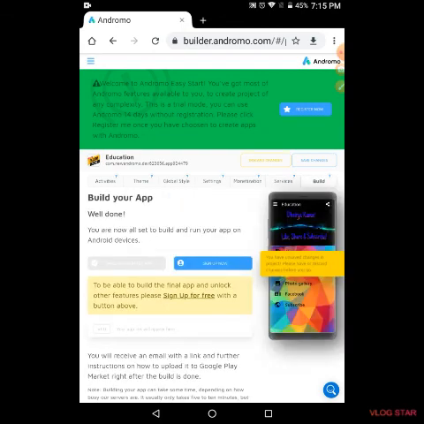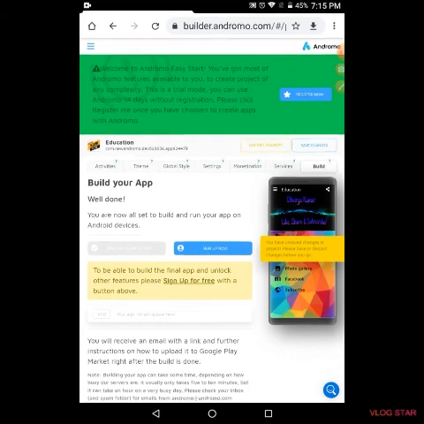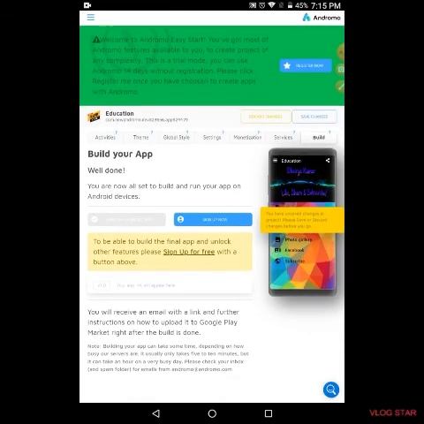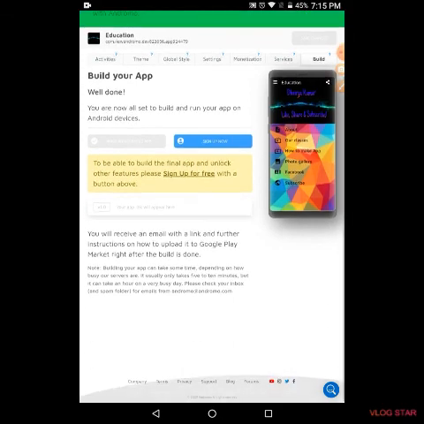Now the last and final, build. When you click on that, before you save your app and publish it, you need to create your account and then log in through it. Your changes won't be discarded. When you log in, then your changes will be automatically saved as a draft. Then you can permanently save it, and then when you build your app, it will automatically